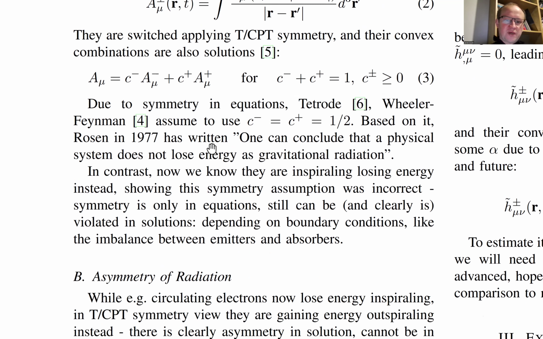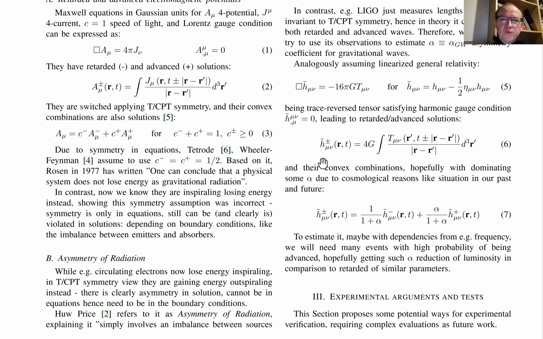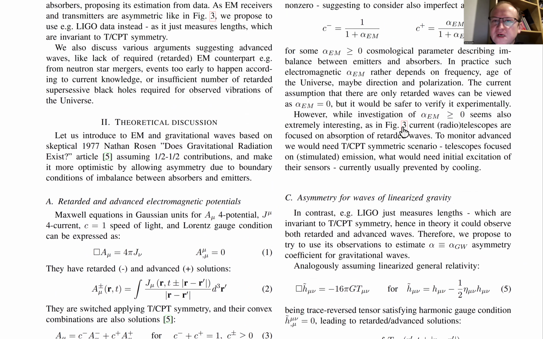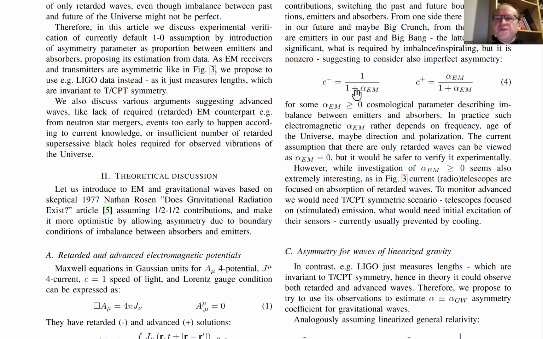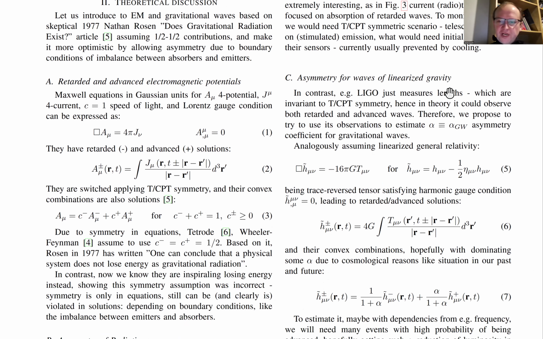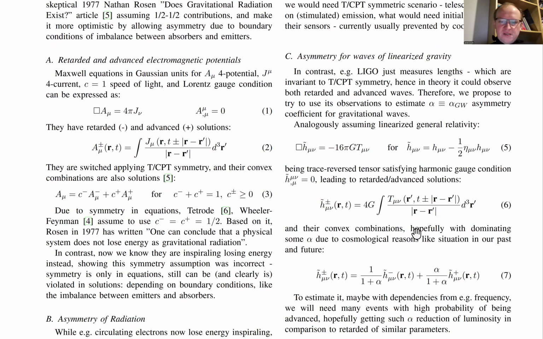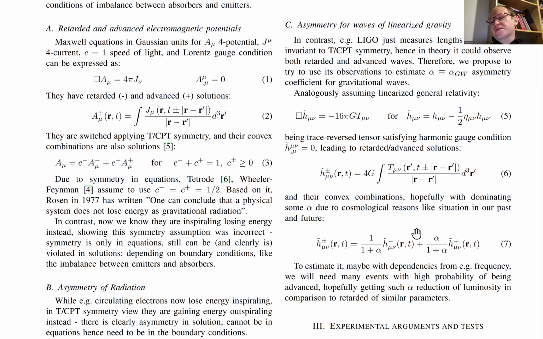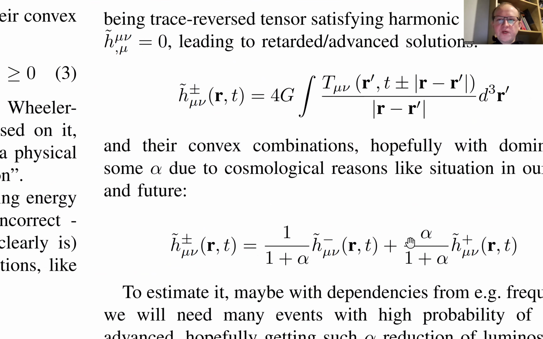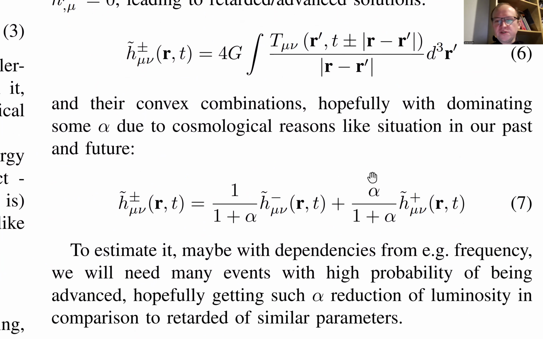Yeah, so I introduced this alpha, which defines this, like here. Let's say that it should be very small, 100s, 1000s maybe, and it should be evaluated from parameters. And for gravity, we have very similar equations for linearized gravity. Sure, for mergers, finally, it should be more complicated. Yeah, so this is a very initial article. A lot of questions just asked, and hopefully we can estimate this alpha instead of assuming that maybe it's zero, this advanced term. So how to estimate it?